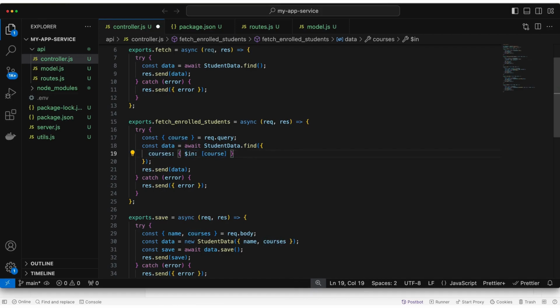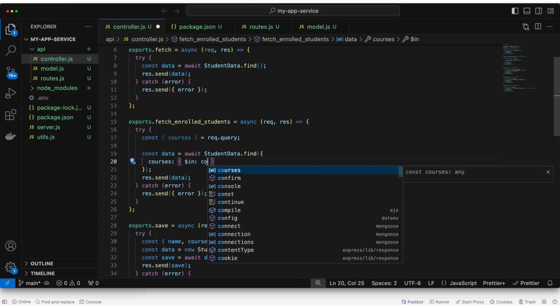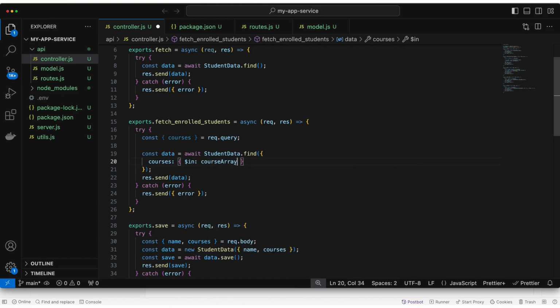I'm going to use in, and let's say the input is a comma separated list of courses and we expect courses over here. So what you're going to do is create an array out of these courses which you need for the query, and we'll simply replace this with that filtered array. So courses array, and now we have to define this courses array,